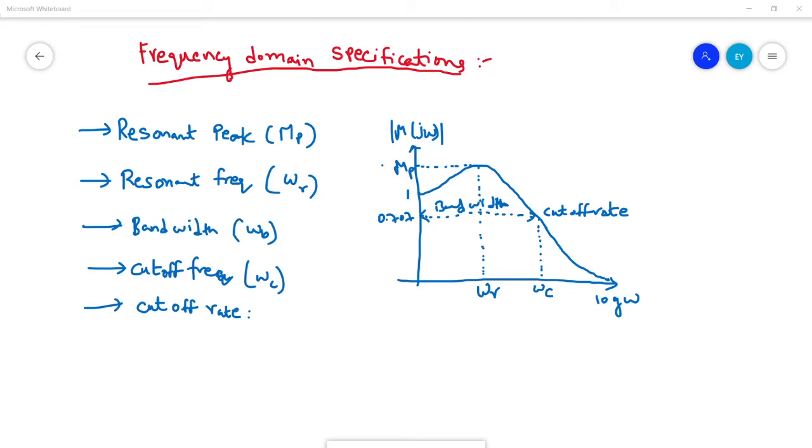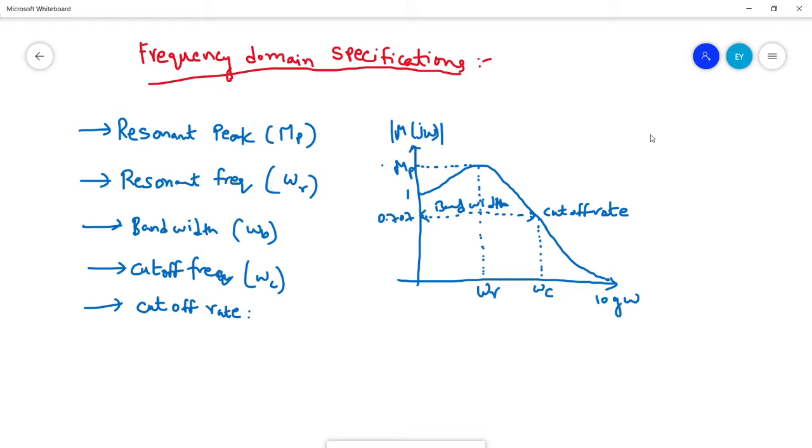In the previous class, we discussed the introduction to frequency response analysis, and we derived the expression for the second order system to get the frequency response, that is, the output we get while giving a step input to the second order process. It was represented in terms of a magnitude and the phase angle, right? So in this class, we'll start deriving the expressions for the frequency domain specifications.